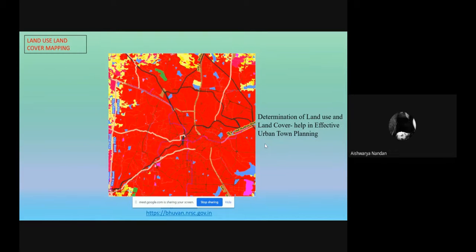So yeah, the land use of the garden city has basically changed over time, and this is a very recent image. This can actually help in town planning of newer cities. You can use it effectively to track natural resources and accordingly plan the city around the natural resources. Next.